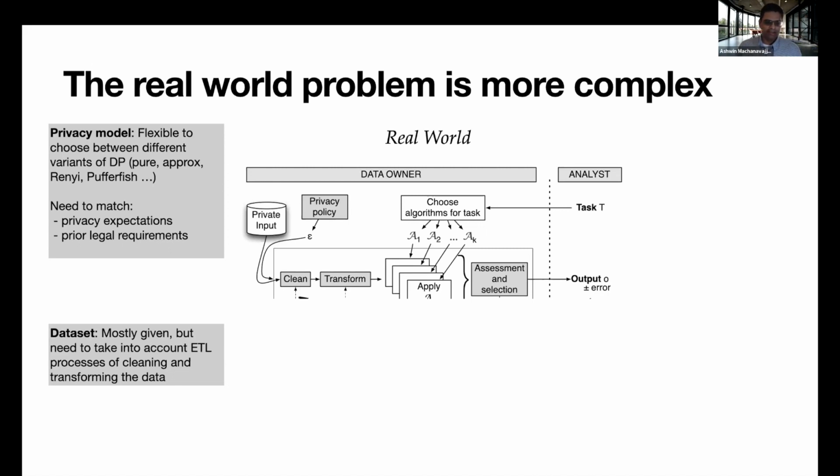The data set is mostly given, but in some cases it's not fully given, because you need to take into account any ETL, or transformation operations or join operations that you need to do to even set up that data set, right? The task is often very underdetermined or undefined, because usually the analysts ask for a lot of queries, right? But they do have some prioritization of the queries that they care about. And so this is where the negotiation comes into the picture. They want to do some task and they translate it into a bunch of queries, but those queries may not really be what they care about.